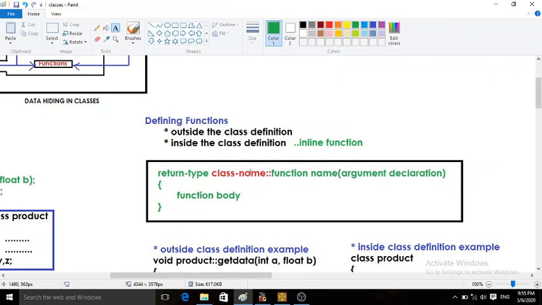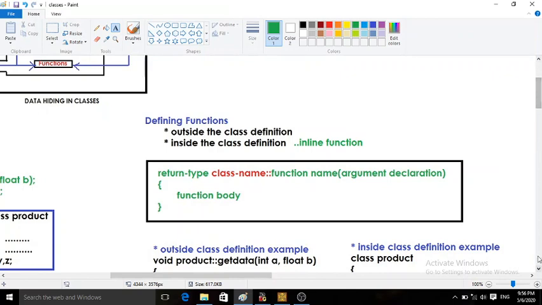Member functions can access the private data of the class. Non-member functions cannot do so. As in the data hiding feature we have seen, only the member functions can access the private data. If there is any other function written which is not a member of the class, it cannot access the private data of your class. So these are two essential or interesting things about the member functions.